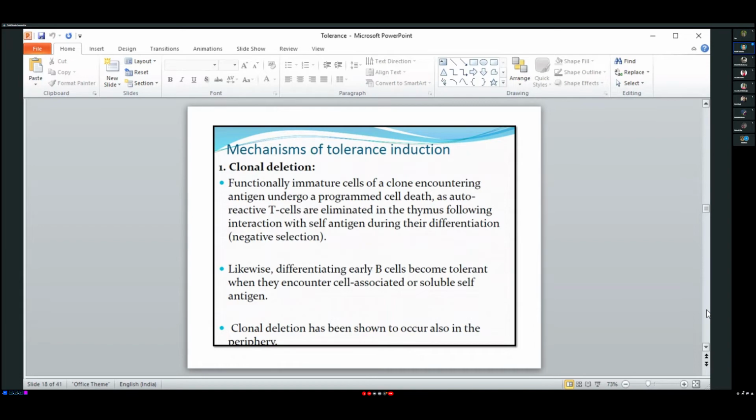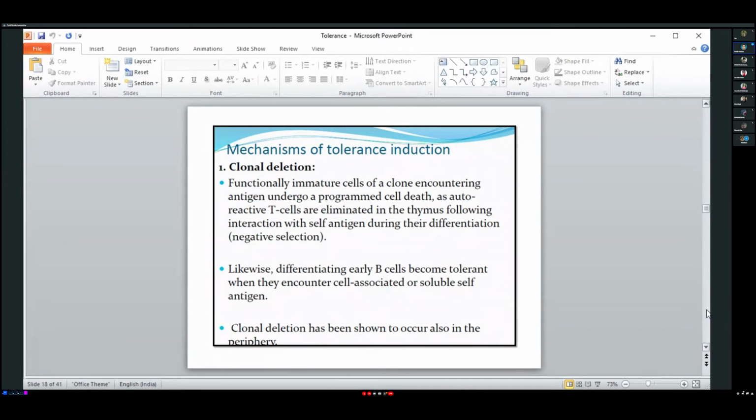বলছে দেখো, functionally immature cells of a clone encountering antigen undergo programmed cell death as autoreactive T cell are eliminated in the thymus following interaction with self antigen during differentiation. Likewise, differentiating early B cells become tolerant when they encounter cell associated or soluble self antigen. So keep it in mind, clonal deletion মানে যে সেলগুলো টি সেলই হোক বা বি সেলই হোক সেলফ অ্যান্টিজেনকে অ্যাটাক